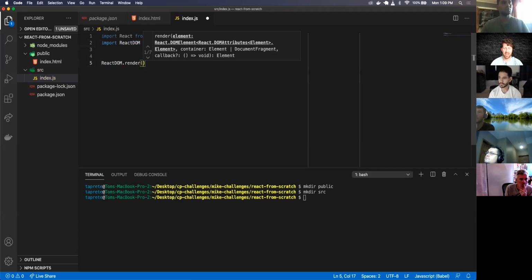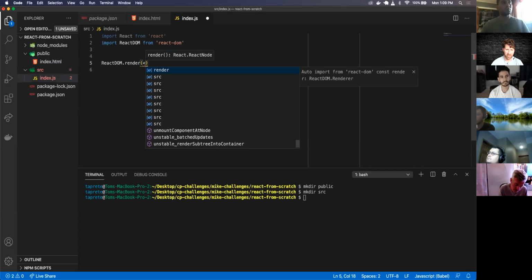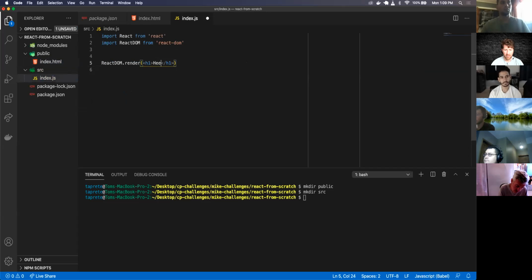And the render method takes in two arguments. The first argument is the JSX, or what HTML do I actually want to inject into this index HTML file? And the second argument is where do I want to inject it in relation to my HTML file. So in here, I'm just going to do an h1, say,